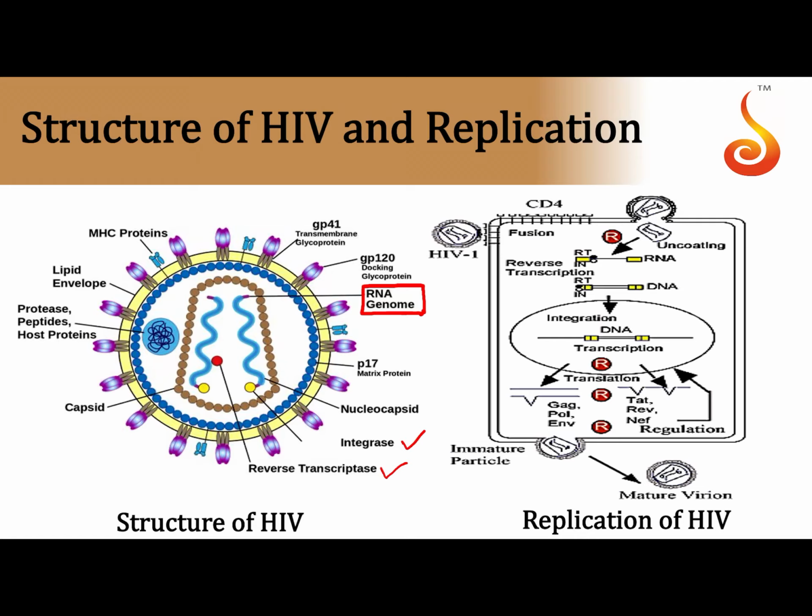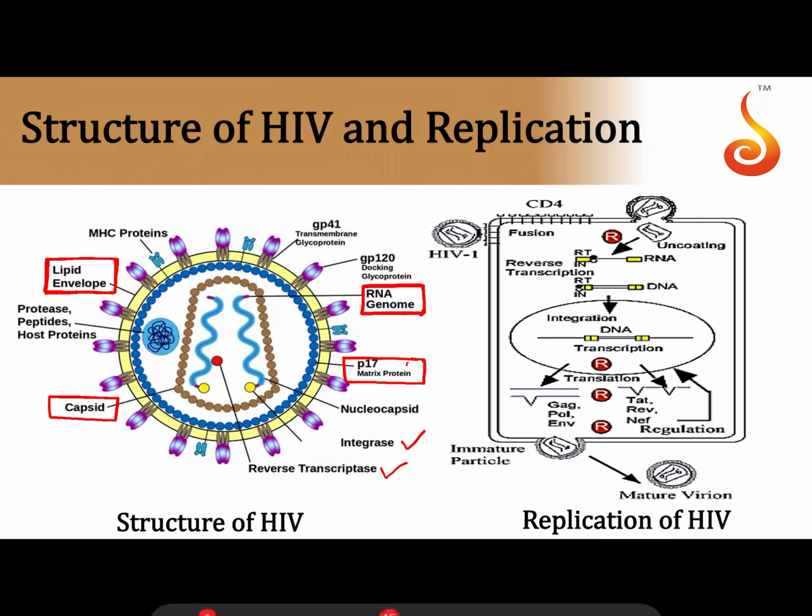And then it has a protein coat on the outside. You can see the protein coat. It is also referred to as the capsid. Outer to that, you can see another layer of blue colored proteins, which is referred to as the matrix. And outer to the matrix, you can see a yellow layer. The yellow layer is derived from the host cell that it infects. It is called the lipid envelope, and on the lipid envelope you have these things which are projecting out. These structures which are projecting out are referred to as the spikes.